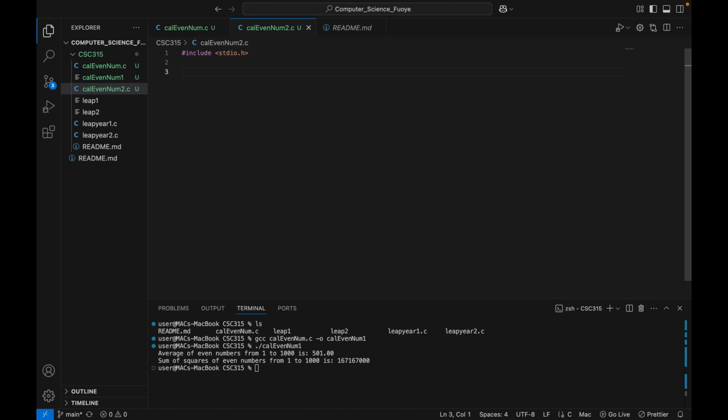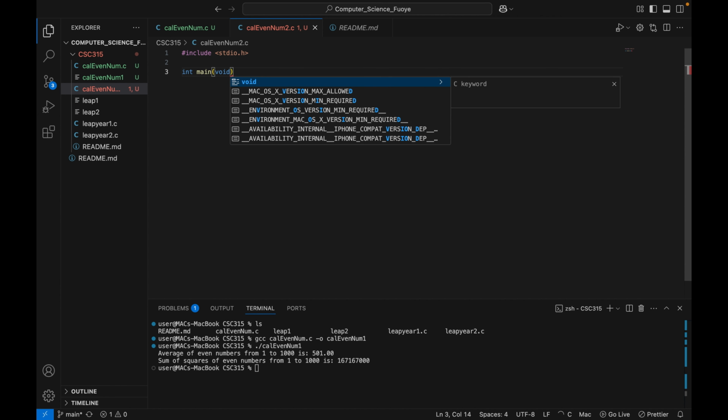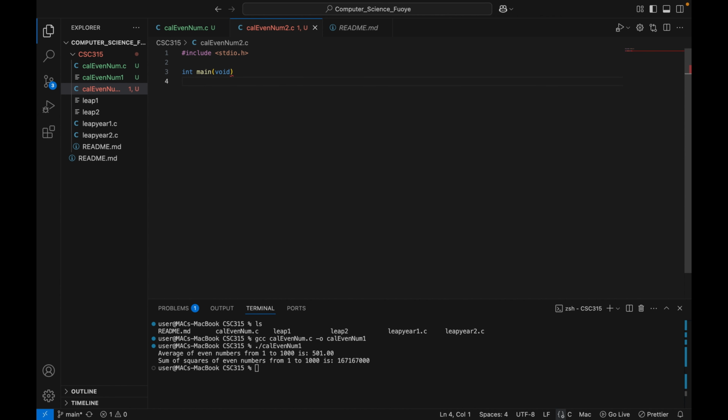Your helper function could also be at the bottom, but let's just follow the normal method, and I will explain probably at the end of the video. We can put void here because no parameter is being passed to this main as well. Okay,